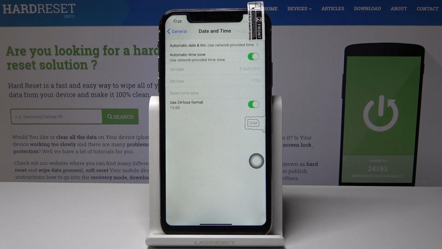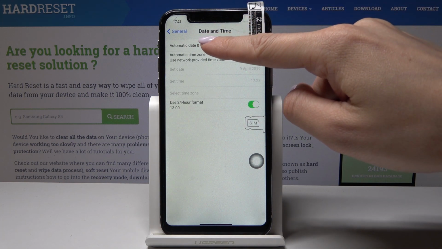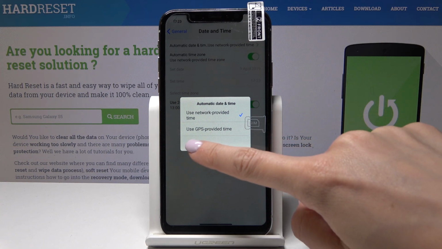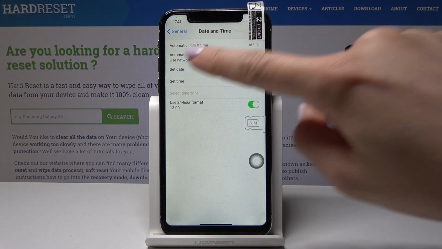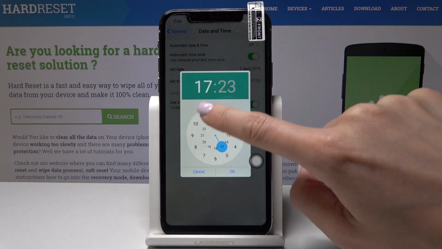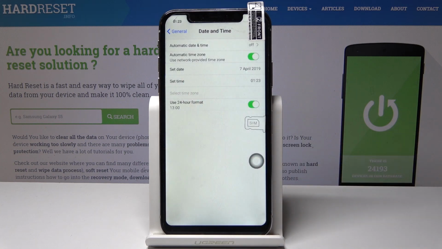It's here. And now you can either have an automatic date and time, or you can tap on the first icon and select if this automatic date and time should be network provided or GPS provided, or you can switch it off by tapping on off. And now you can set the date and time manually by yourself, so you can decide what the date and